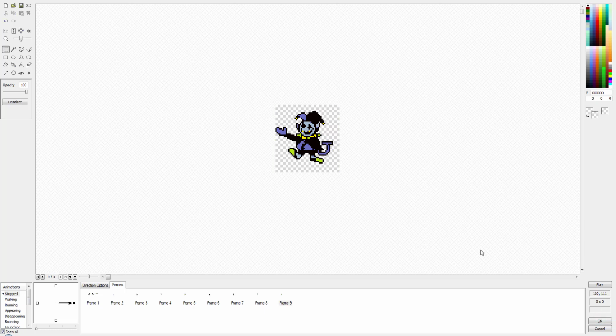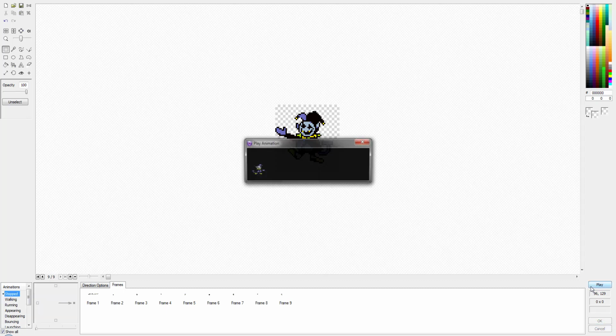Now that we've finished adding all the frames of animation into this active object, we're going to go down to directional options, which is a tab right next to frames, and change the speed from 50 to somewhere around 15. We're also going to check the loop option so it keeps playing on repeat, and to test if it looks good, we can simply press play in the bottom right